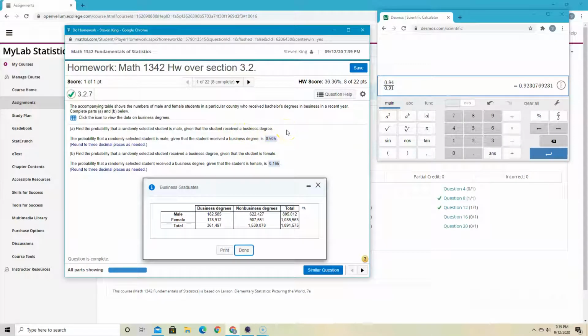So when we read this, we have to say, are they talking about the probability that a randomly selected student is a male out of the entire population of interest, or is it out of a subgroup? That's what this part right here helps us determine. It says, find the probability you randomly select a student who's male, but